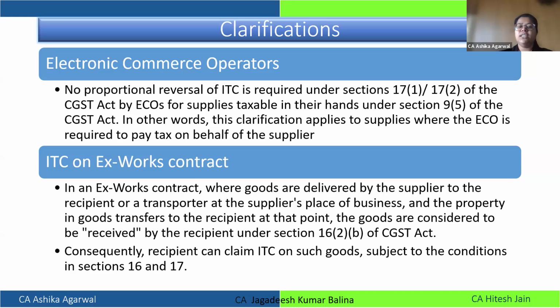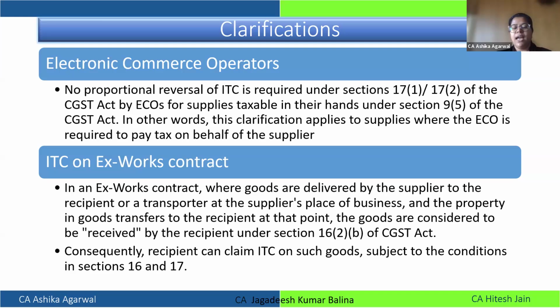Now the question which arises is whether it should be considered as a physical receipt or a transfer of title in goods, enough to show that goods have been received. Over here they have clarified that it is the transfer of title. It's not the physical receipt which is mandatory. It should show that the goods are now owned by the recipient, and he has the authority to deal with the goods. To that extent, they are saying physical receipt is not mandatory.